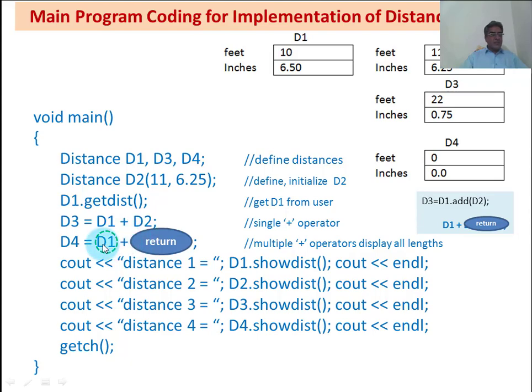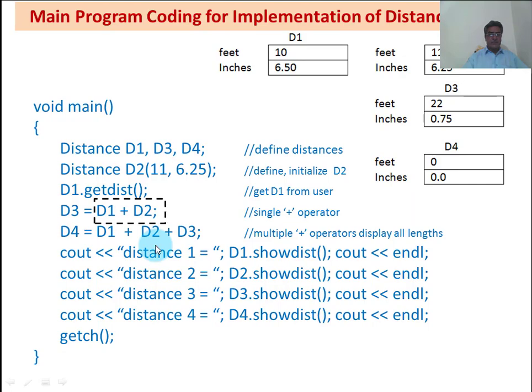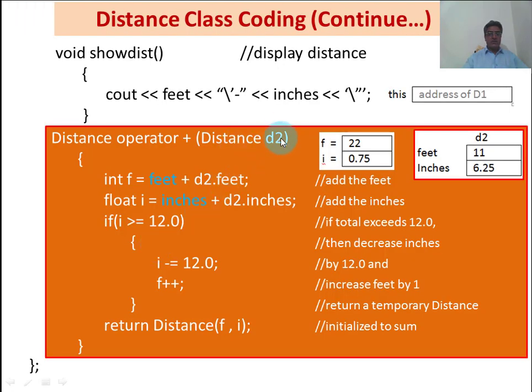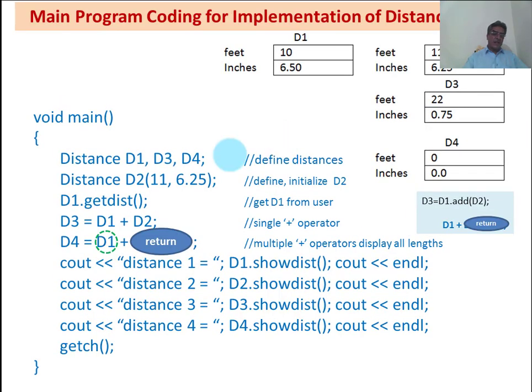So this operator of the distance class will store the address of d1, and this value will be passed to this d2. This d2 will receive that return value which we will return here. This value will be passed to that plus function, and d2 will receive that value. Here you may see d1 is calling adding, and the value of d2 is passing. Here d1 is calling the plus operator, and this return value is passing to that plus operator function.